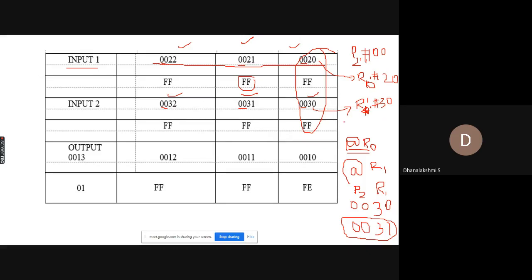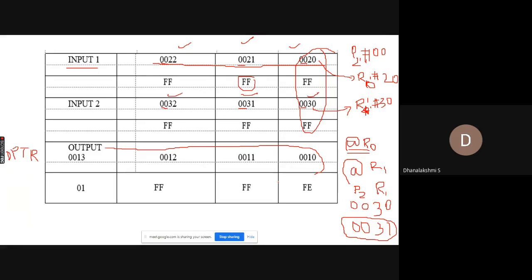As far as output is concerned, for the output memory location you can use DPTR. With the help of DPTR, you can store all your output memory locations. By incrementing your DPTR, you can post your results consecutively. After each and every addition, you can post your result by incrementing your DPTR.